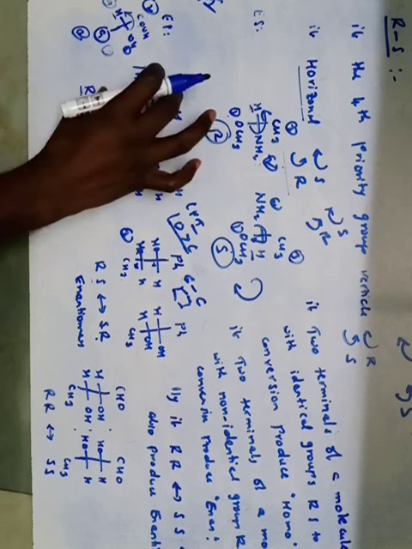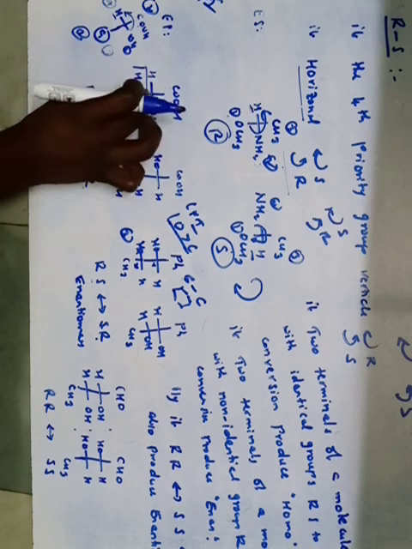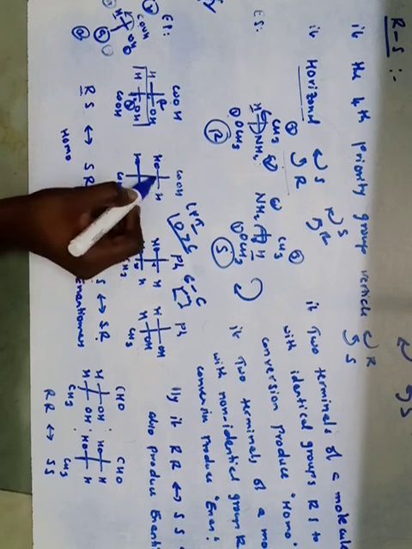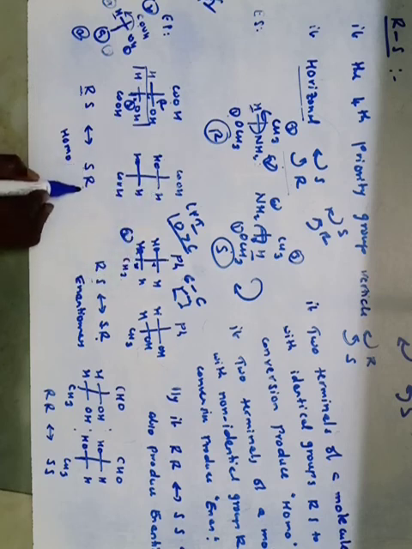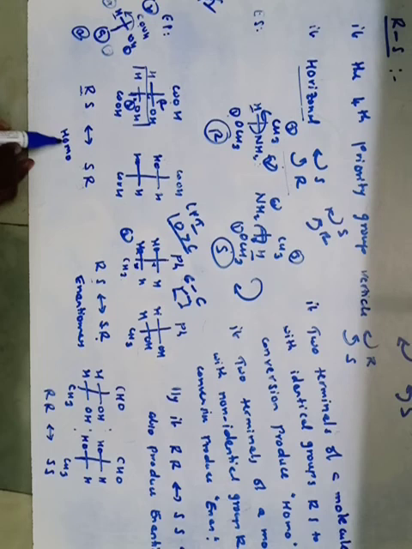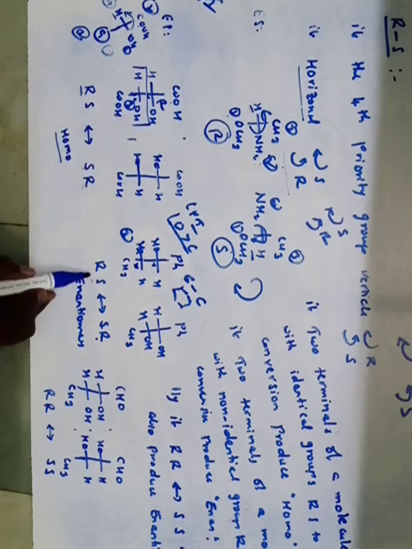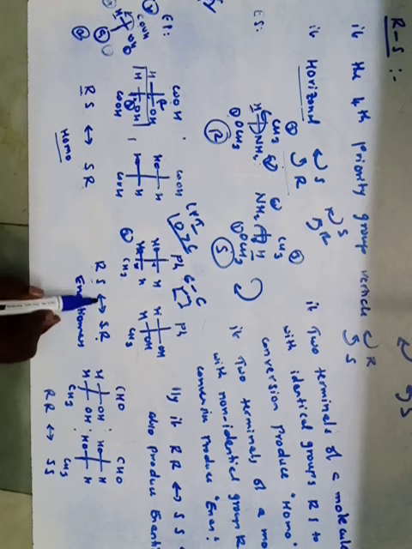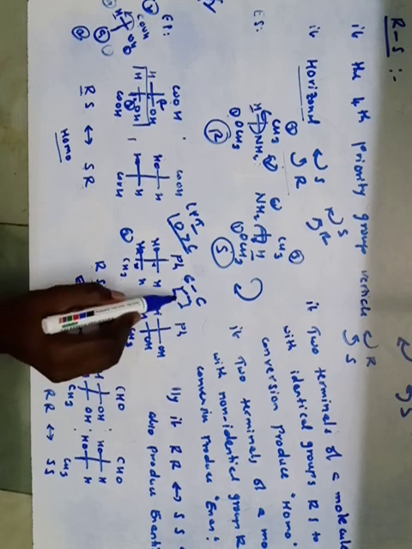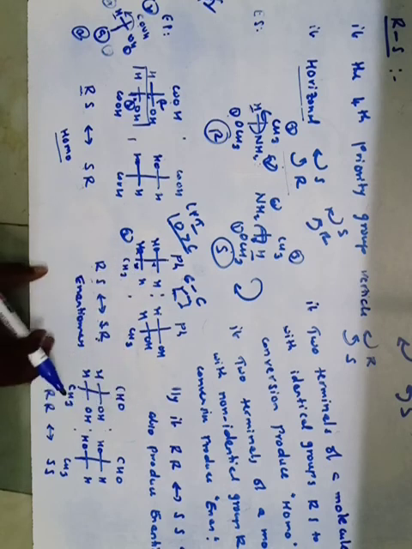Now I am saying that this R to S conversion and S to R conversion will give RS configuration at these two chiral carbons, and these two chiral carbons have RSR configuration. Now I am saying that these two are homomers. In a similar way, the RS configuration and SR, but now I am saying these two are enantiomers.